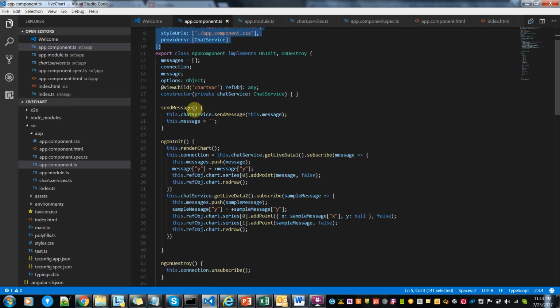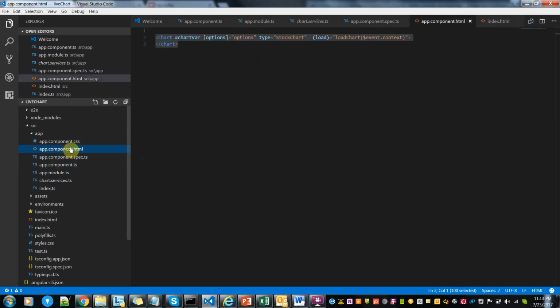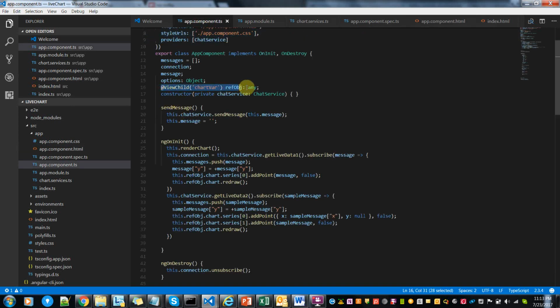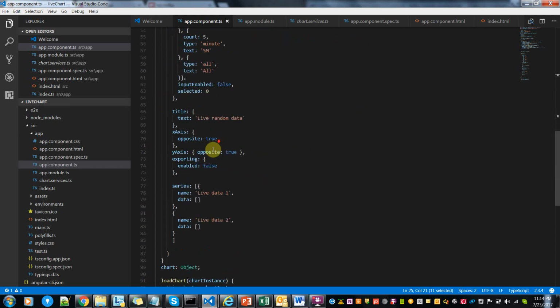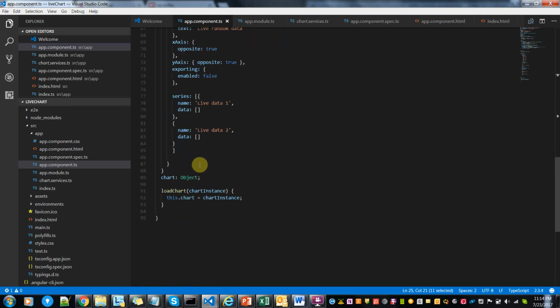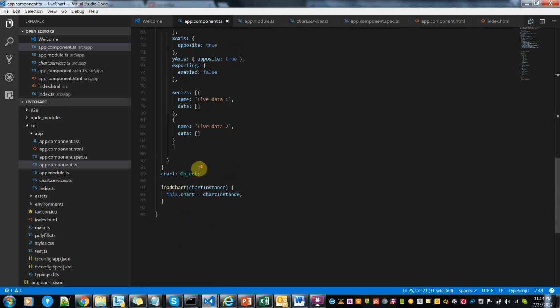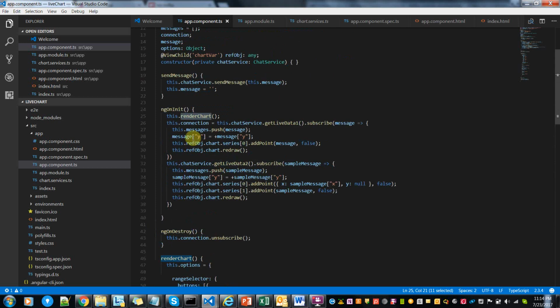Here I'm using the chart variable, chartVar, as an ID to get the chart object in my component. This is my constructor, and in the init event I'm calling the render chart method. In the render chart method I'm just constructing my chart, that's it, and I'm calling